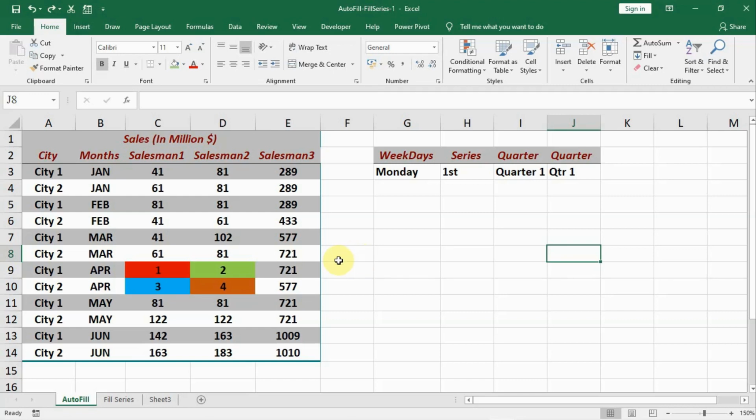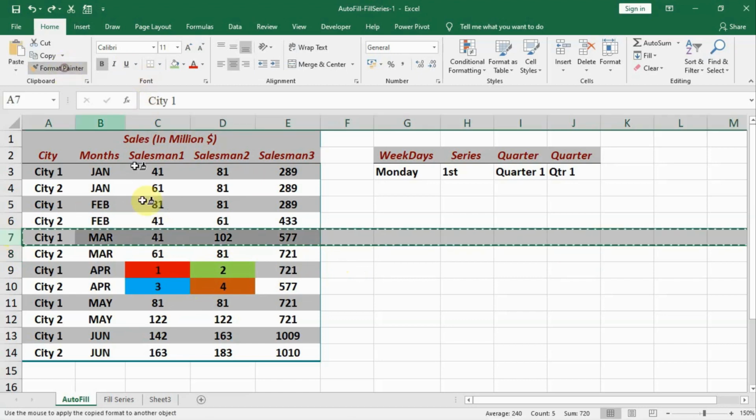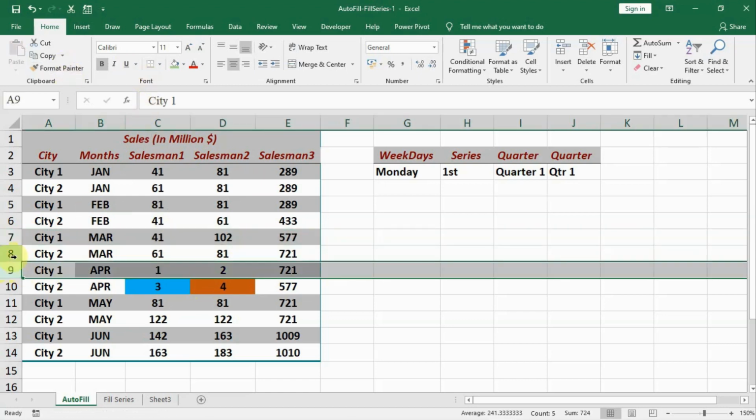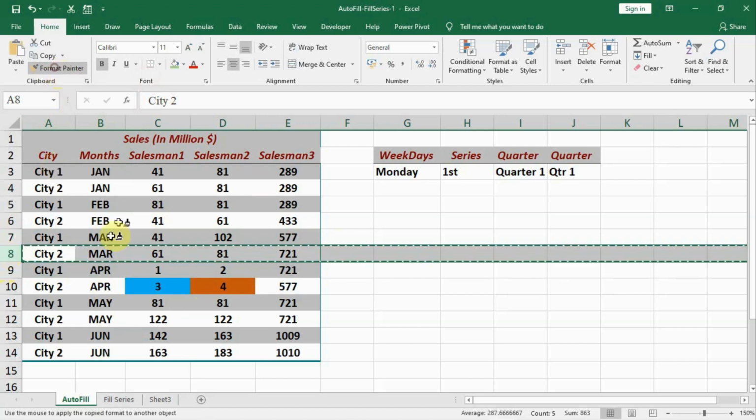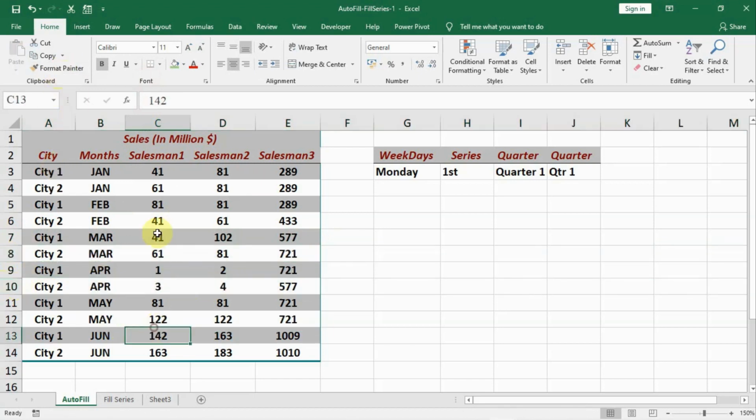Friends, in this lecture we'll learn about autofill, fill series and certain formatting with the help of autofill and fill series. You see these are four colors: 1, 2, 3 and 4. They are different colors. I want to have the same formatting as in the above or below cells. What I can do is select cell number 7, click on Format Painter and format this. Similarly, select cell 8, Format Painter and format this. Now the formatting is the same, but it is a too tedious and long process.